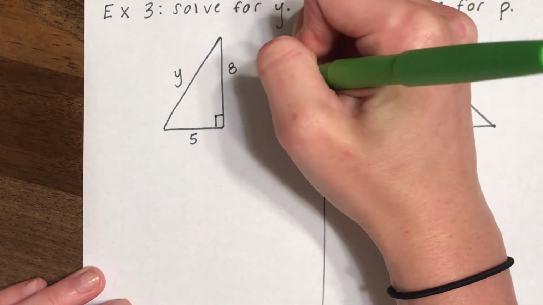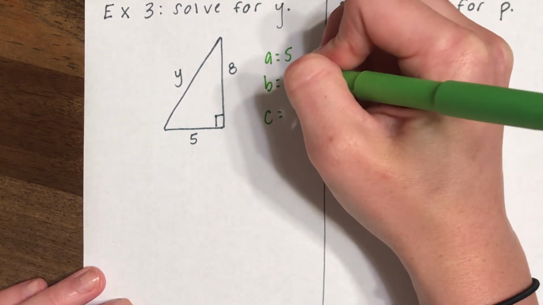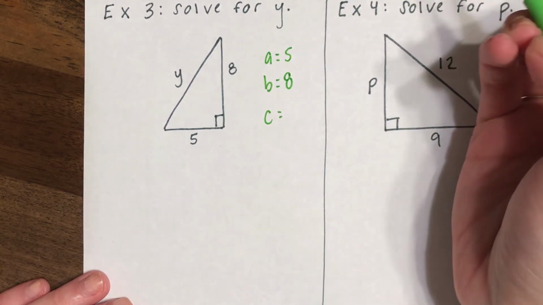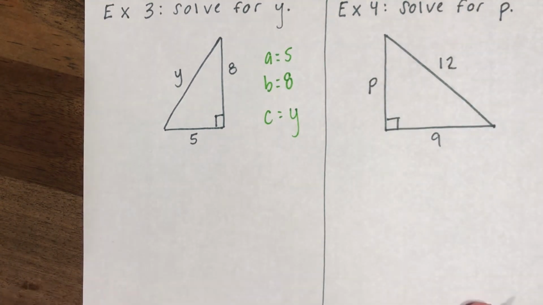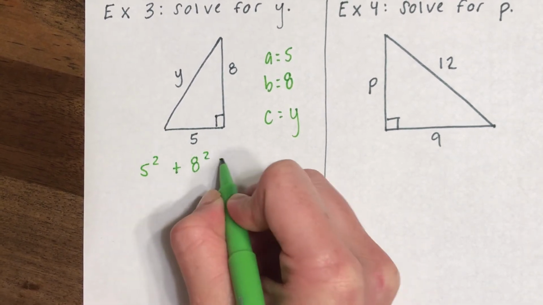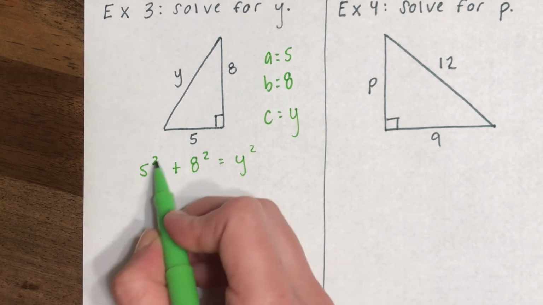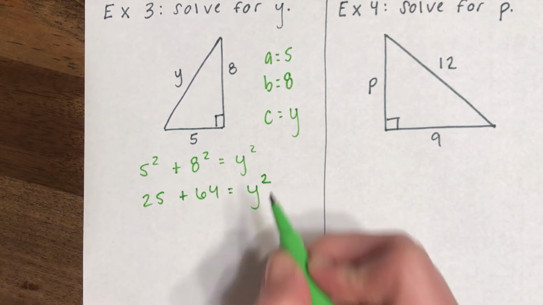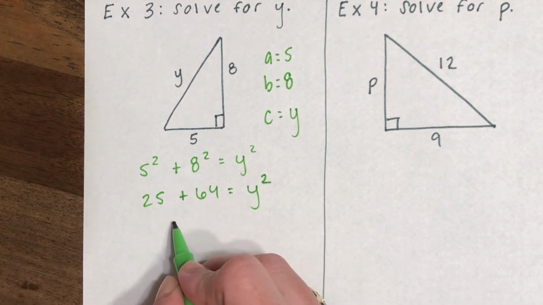All right, so same thing. We're going to write down our A, our B, and our C. We get A is 5, B is 8. Those are my legs. We could flip-flop those, but we'll have the same answer. And then C is Y that we are solving for, okay? So we've got 5 squared plus 8 squared equals Y squared. All right, so this is going to give me 25 plus 64 equals Y squared. When I add 25 with 64, I get